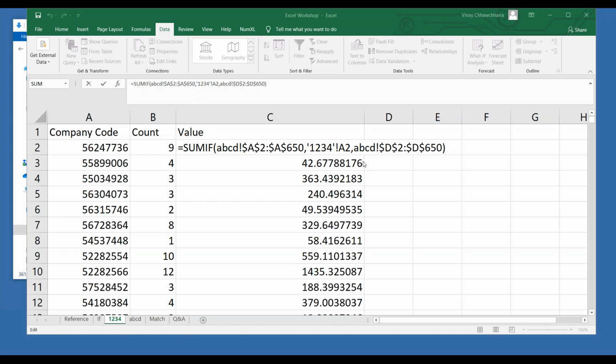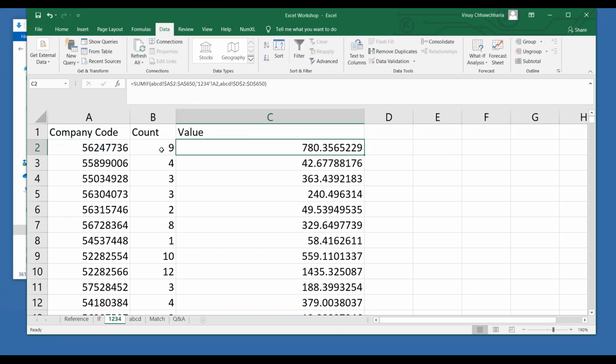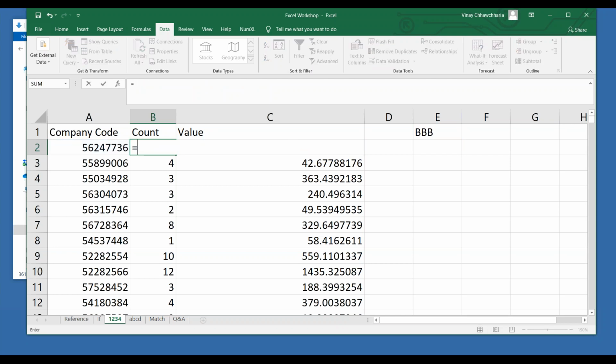Yeah, so just a small recap. We have COUNTIFs also. So basically what is COUNTIFs? As the name suggests, it is used if there are multiple conditions. I will take one simple example for you. Let's say you want to find all the count where the rating is triple B. So here it will be equal to COUNTIFS. Now instead of IF, there is IFS.